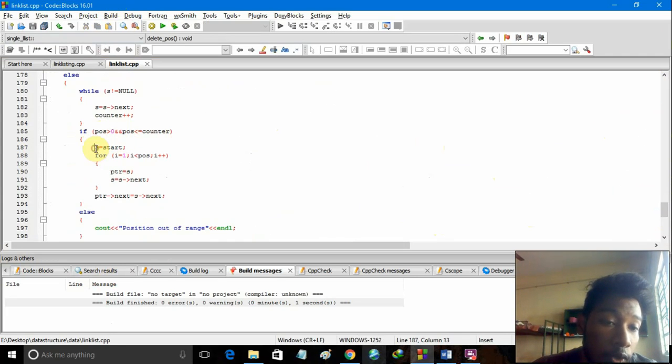So before that we also have s is equal to start, which is storing the value of start in s, and we'll run a for loop from i is equal to 1, i less than pos, and i plus plus. So for each iteration ptr is equal to s and s is equal to s of next. So it will go till that element, before that element, and it will stop, and then it will delete the required element. So for that we have